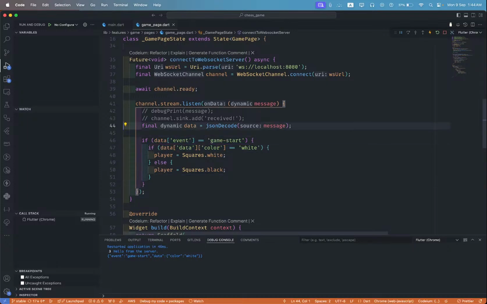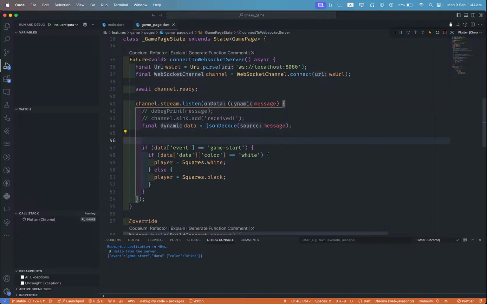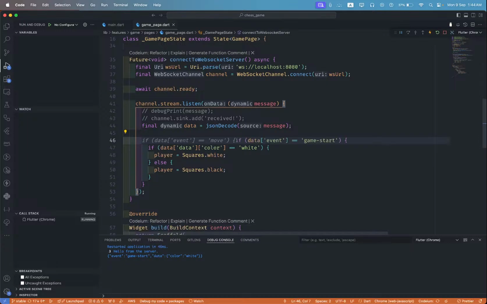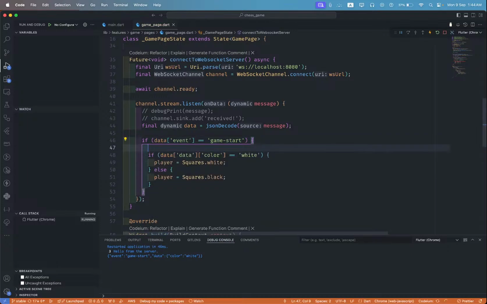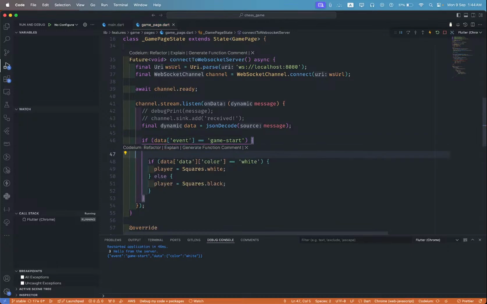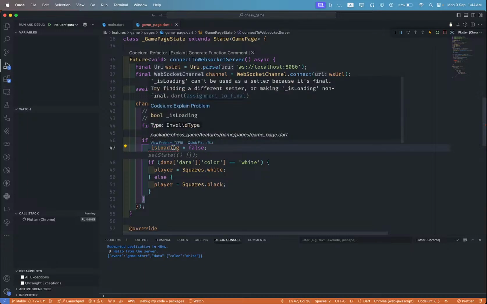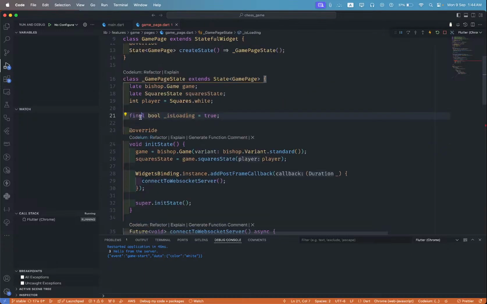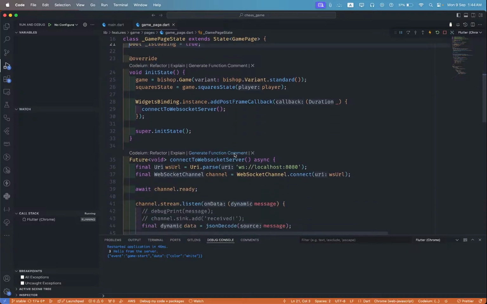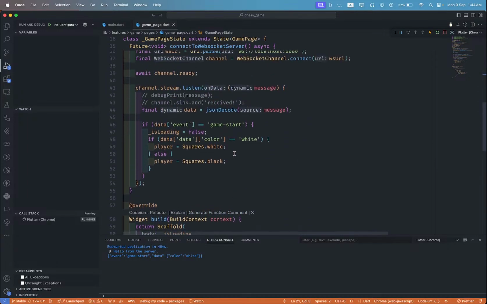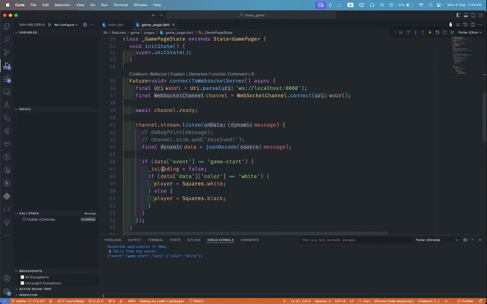And when the game is started, so when the game starts, then underscore underscore is loading equals to false. Alright, so it's final. Right. So now what we need is we need to set,